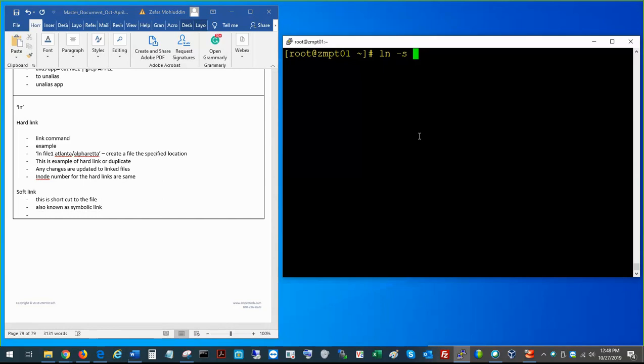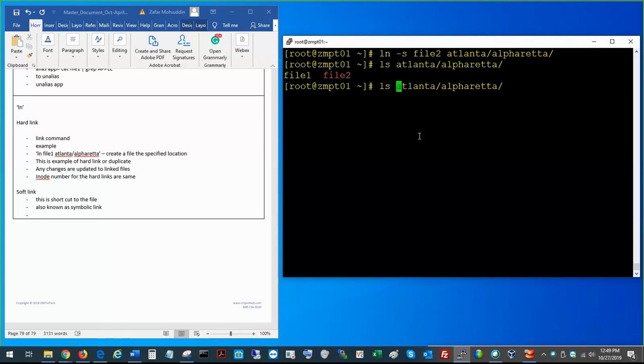Okay. So I'm going to copy this into Atlanta Alpharetta, and which file am I going to copy? I'm going to go with the name file 2. Okay. So if I do ls Atlanta Alpharetta, file 2 is there. Okay. Now you got to see the difference here. File 2 is usually